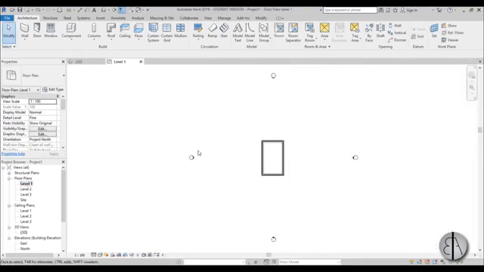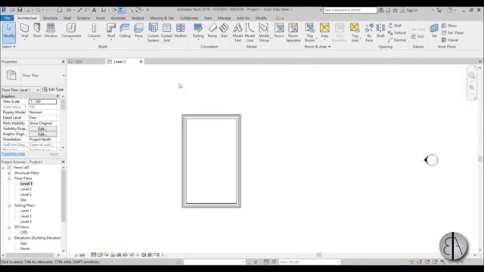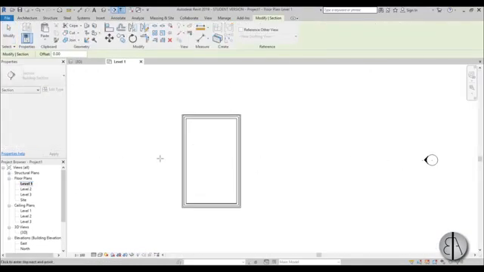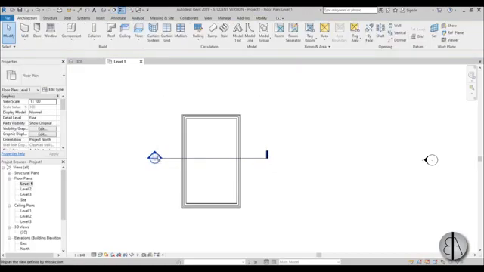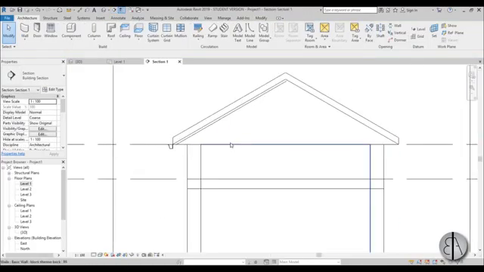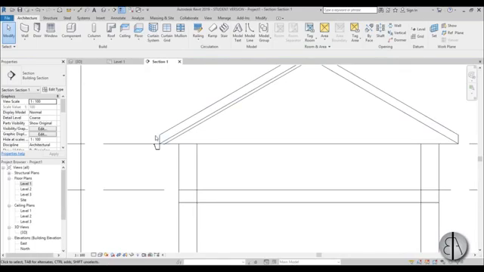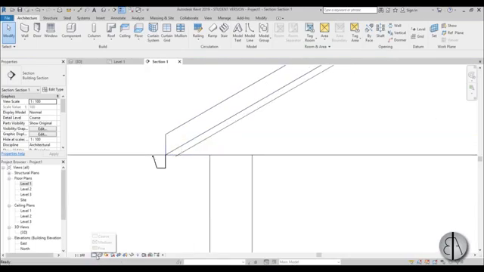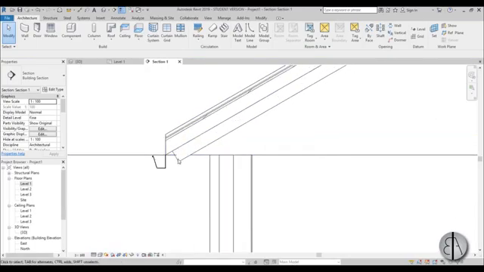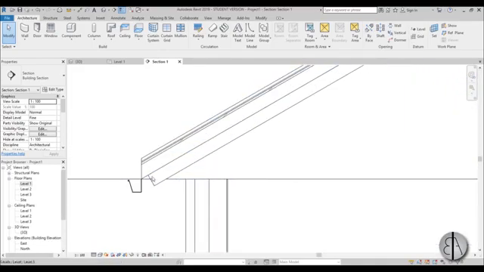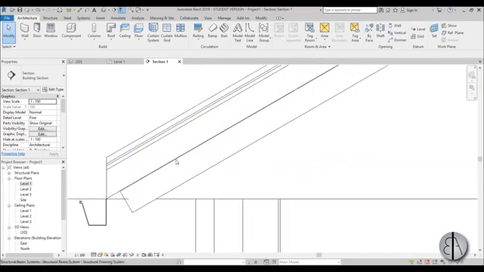So first I'm just going to go to level 1 and create a section over here. So here we're going to have a section like this, and if we open up this section, you can see if I go into Fine over here, you can see these over here are the beams, so they're kind of underneath this whole roof, and this here part, this is insulation, and these beams should be really going through this insulation